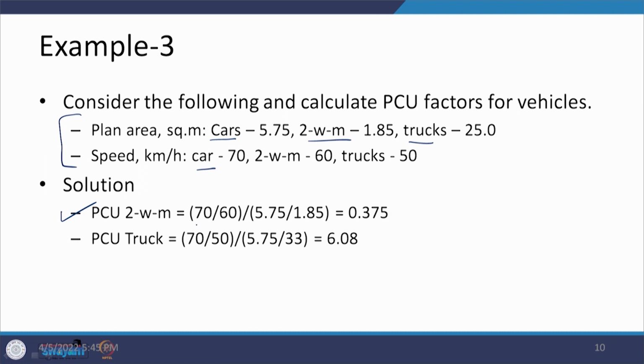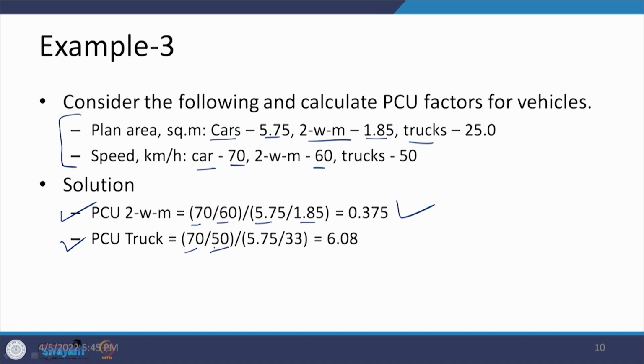So, the speed of car versus the speed of two wheeler. So, you have 70 and 60, and the plan area of car is 5.75 and for two wheeler motorized is 1.85. If we consider these, then what we get is 0.375 as a PCU factor. Similarly, if we look at truck, then compared to 70 kilometers per hour, the trucks are moving at 50